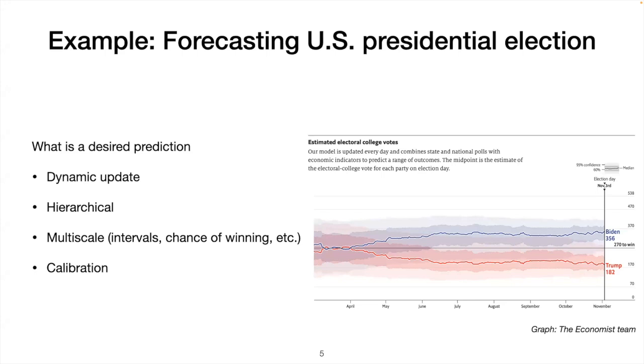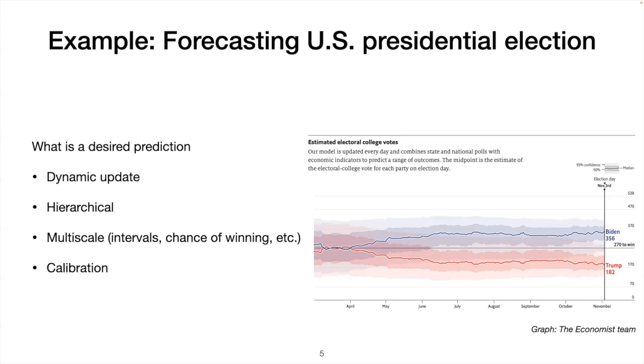So in the end, your prediction is not a binary outcome for the election forecast. Your prediction should be for different states and even for different counties. And also, when new results get revealed over time on election day, you also want your prediction to be updated in other states. And your prediction is not one number, because you don't only want to predict who wins the presidency in the end. You also want to provide, for example, an interval prediction, the confidence interval of the final prediction,